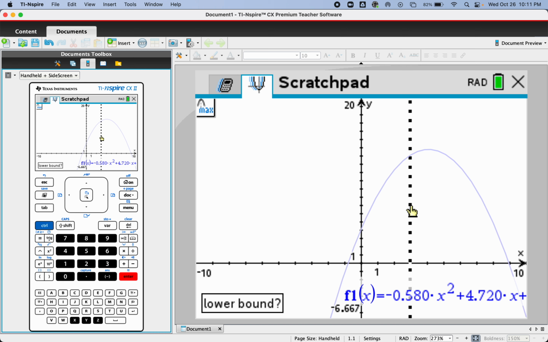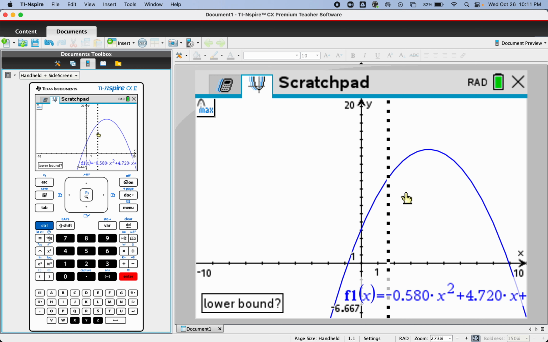This basically means take this vertical line and put it below the x value of the max. Remember, x determines left and right, so lower in terms of x means left. So I want to position this line anywhere to the left of the vertex. The vertex looks about here. I'm going to put my line there, and then once I'm happy with where it is, I'm going to push